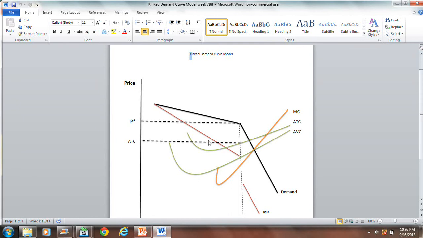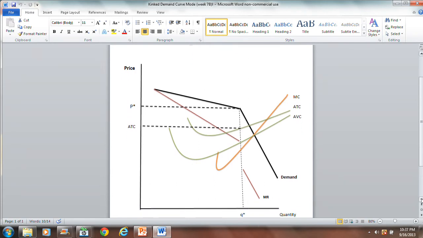You have the marginal revenue associated with the elastic demand curve and the marginal revenue associated with the inelastic, and they don't match up because they're associated with demand curves that have different properties. Alright, so once you work through the interdependence issue and reflect that in your graphical model, then you're almost there when it comes to constructing the kink demand curve.